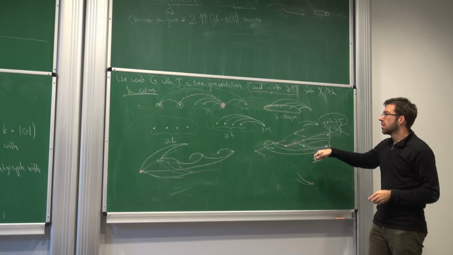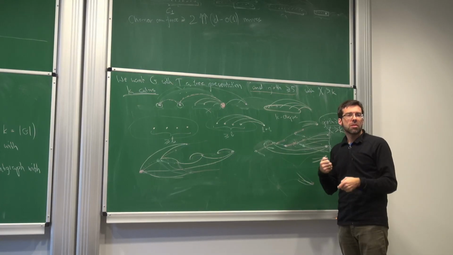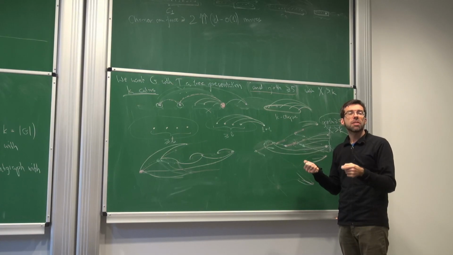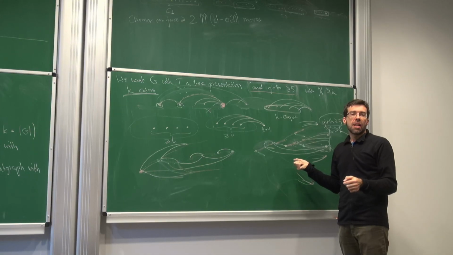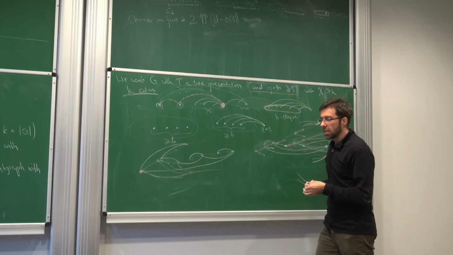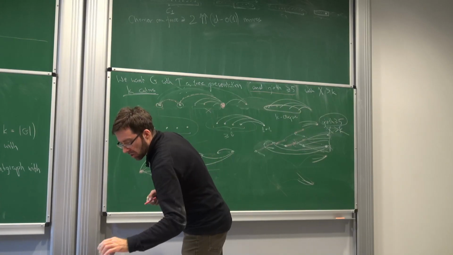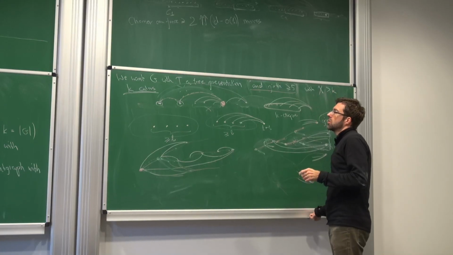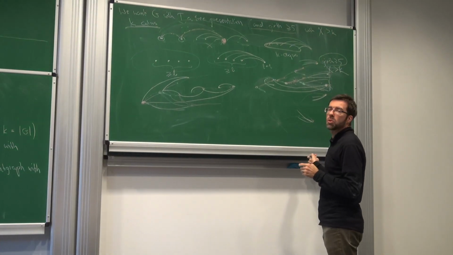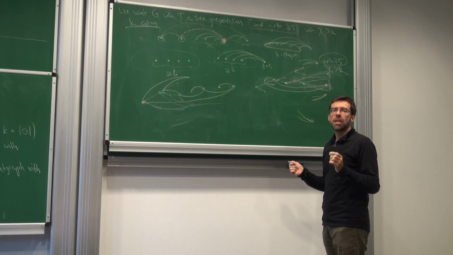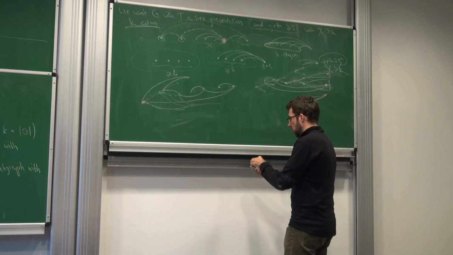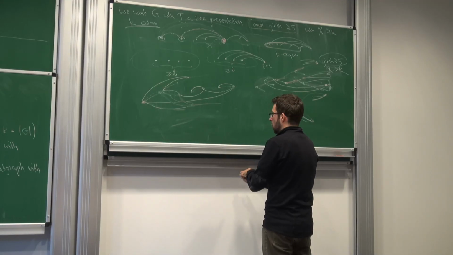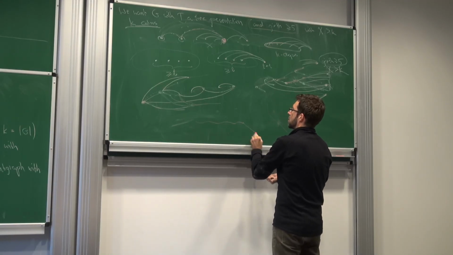So we need one more argument to get rid of vertices of degree 1. It's not something obvious how to get rid of them, but basically the idea is that whenever we have a long path of vertices of degree 1,